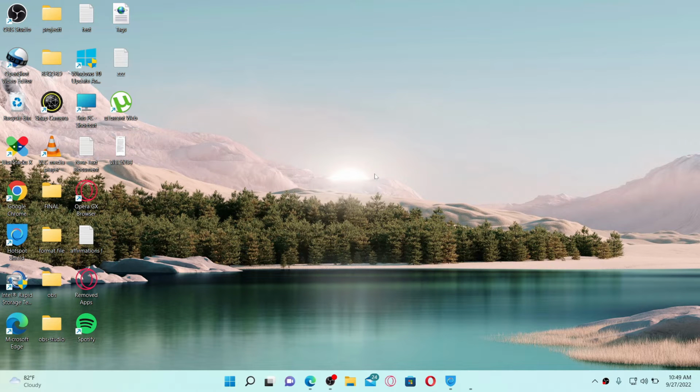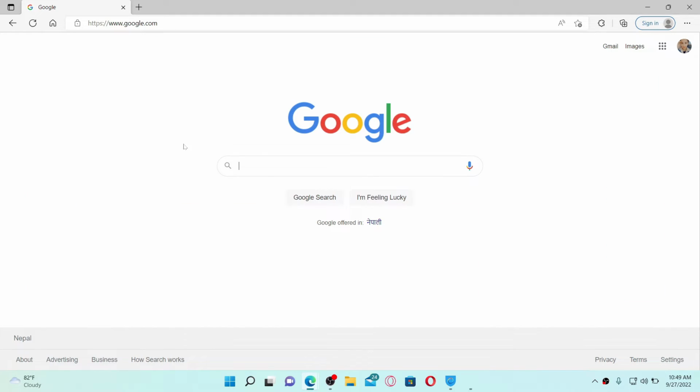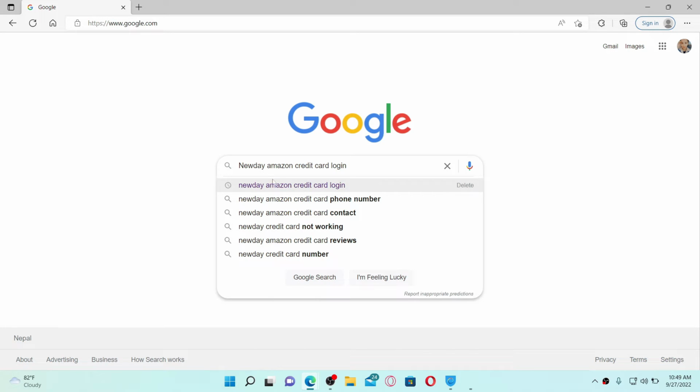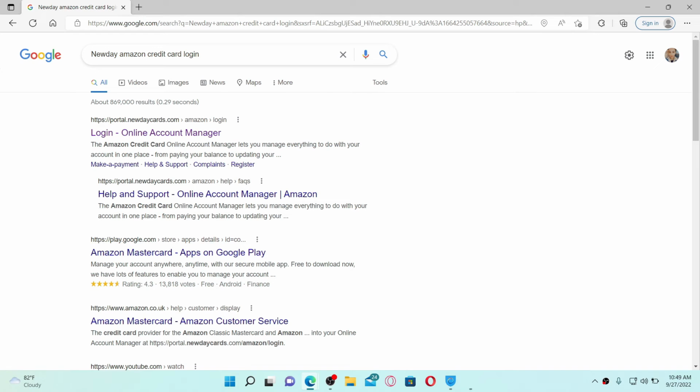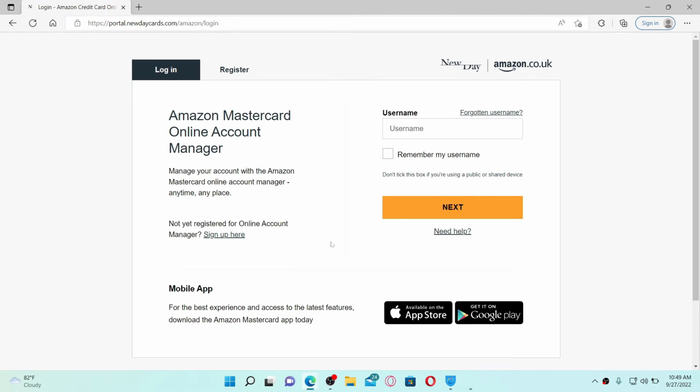Open up a web browser to get started. Go to the search box and search Newday Amazon credit card login and press enter. You'll find yourself in the search result on the next page. Click on this first link that says login online account manager and this will take you to your Newday's card